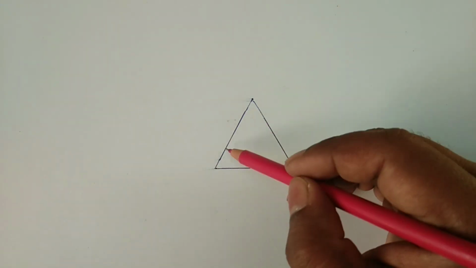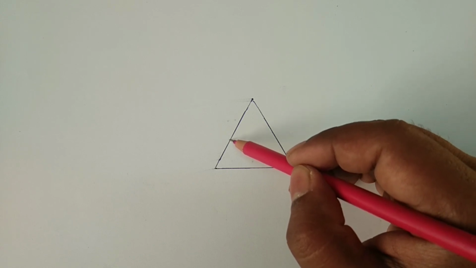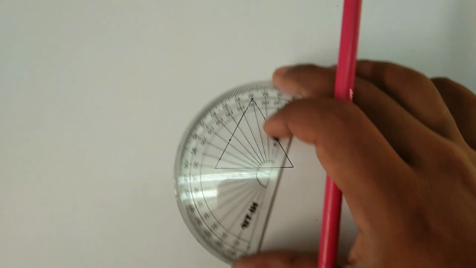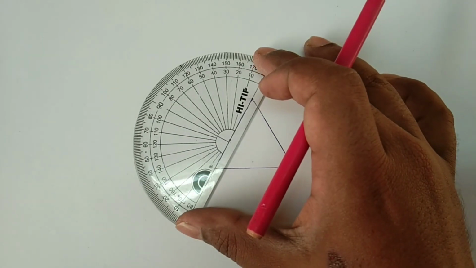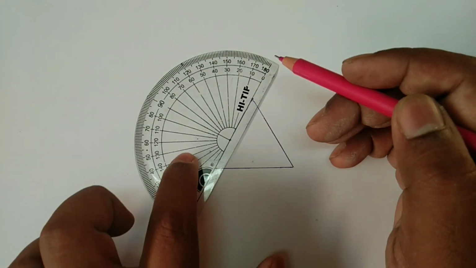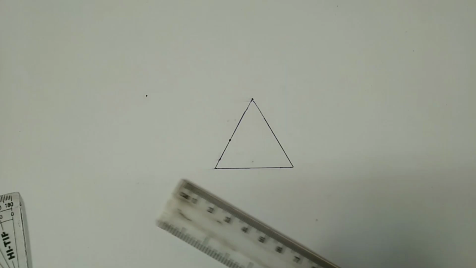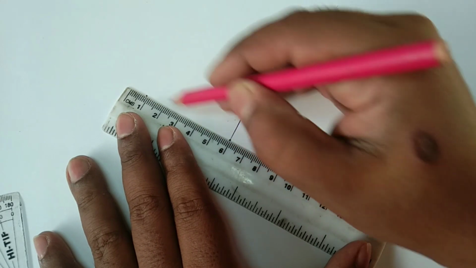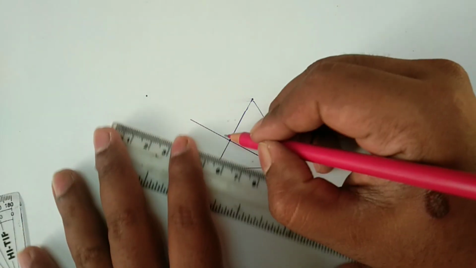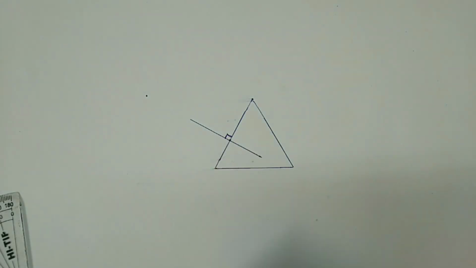So on this surface I'll choose any point, suppose over here, students. Now here I'll draw a normal, meaning 90 degrees. We'll use a protractor. You can see the protractor, students. With the help of the protractor I'll draw 90 degrees. Now I'll draw a line. See, a line is drawn perpendicular to this. This is 90 degrees. So we have drawn a normal.